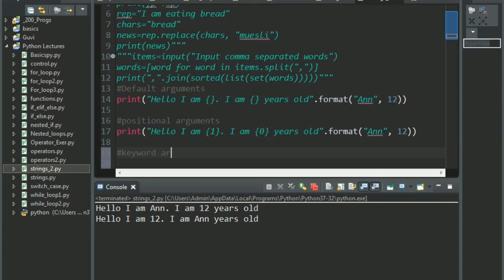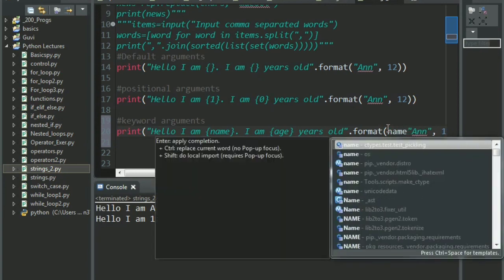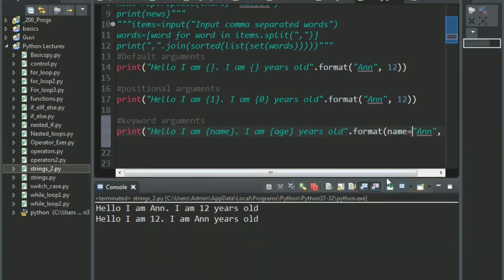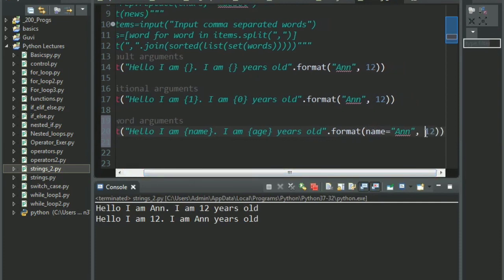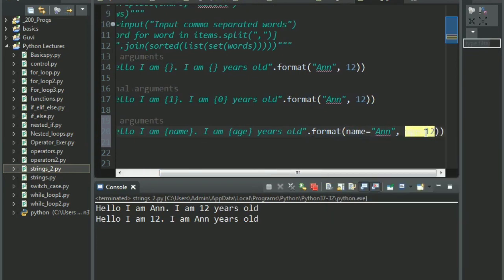This will be keyword arguments, and inside this let me give name, and here I will say age, and in the format function I shall assign the name Anne to the variable name, and the age, that is the number 12, to the variable age.